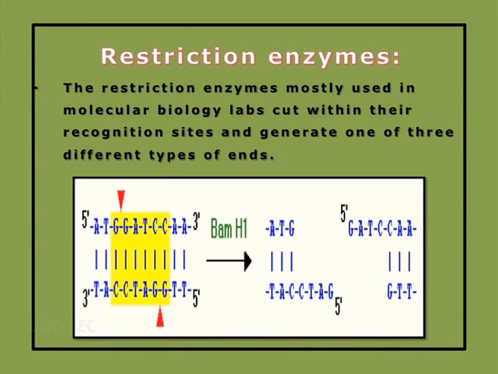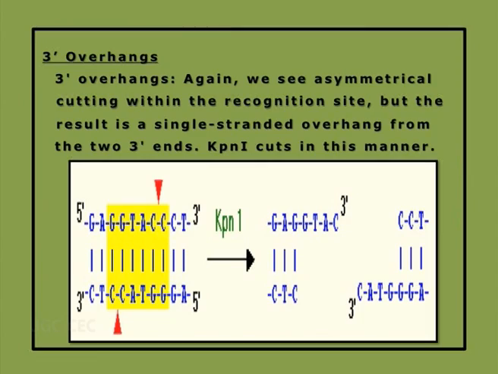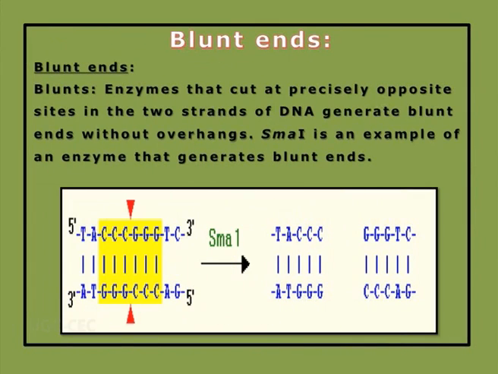Now we are getting into the details of restriction enzyme digestion. As you can see, there are certain restriction endonucleases, namely BamHI, which can create 5' overhangs. 5' overhangs means nucleotides which are single stranded in the 5' region of the DNA. Similarly, there are enzymes which can create 3' overhangs, namely KpnI, and there are enzymes that create blunt ends, meaning they cut the DNA symmetrically. Totally double-stranded DNA fragments are created.